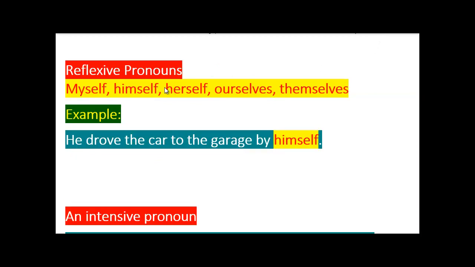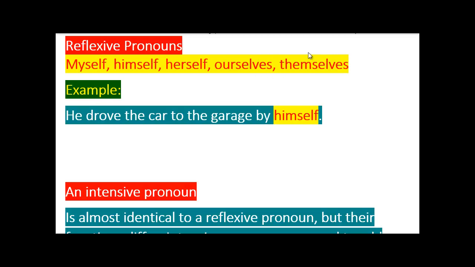Reflexive pronouns. Reflexive pronouns reflect back to the person: myself, himself, herself, ourselves, themselves. For example, he drove the car to the garage by himself. He, himself. Reflexive, he reflects on himself. So that's reflexive pronouns. We're moving on to